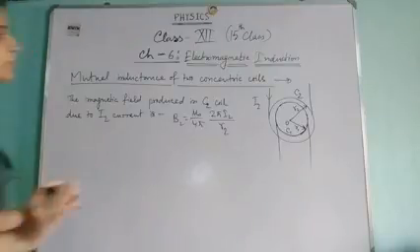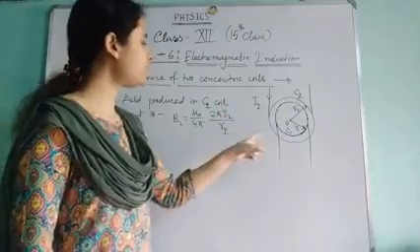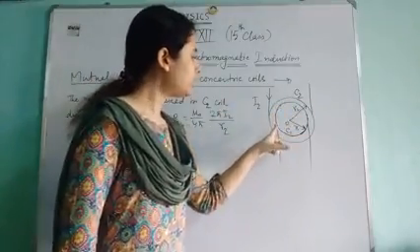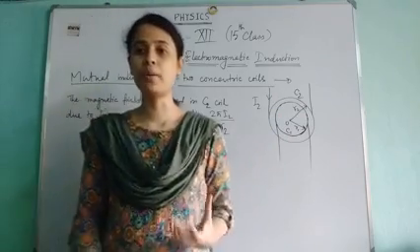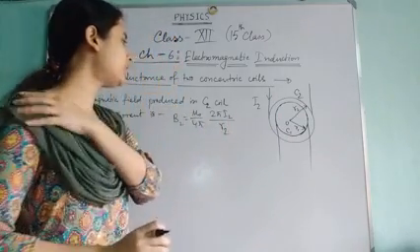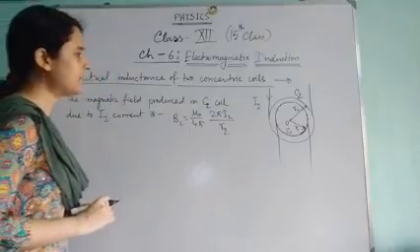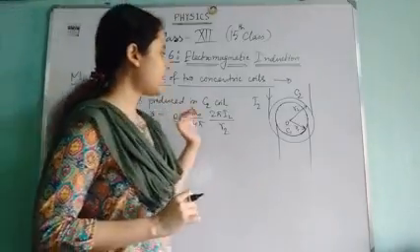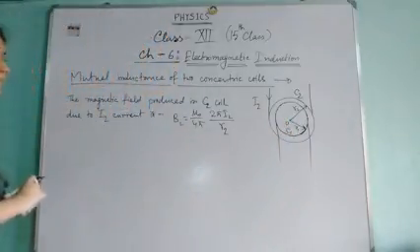Now, because the C1 coil is inside the C2 coil, the magnetic field can be considered as uniform, because its radius is smaller than C2. So the magnetic flux linked with C1 coil can be written as